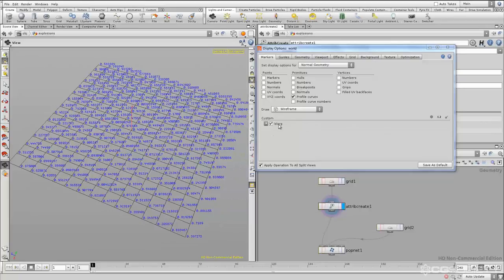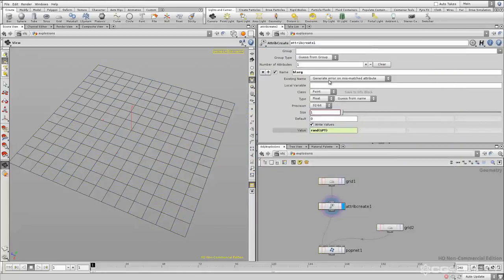And then I can check that off. So this blorg attribute is actually not that useful for controlling the popnet. In order to control the popnet, we need to create, let's say, velocity. And then velocity will be inherited by our particles, and I'll show you how that works after we create the